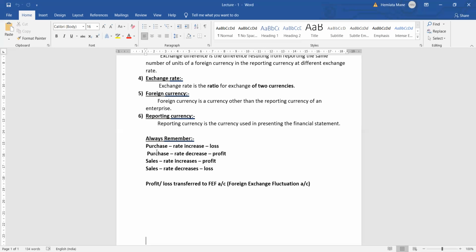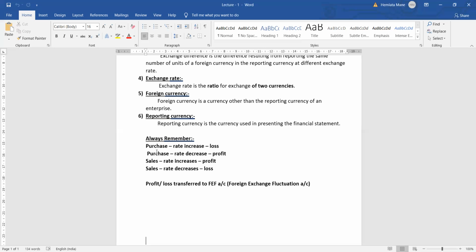Next, whatever profit or loss you earn is transferred to the FEF account. FEF account means what? Foreign exchange fluctuation account. Clear? Foreign exchange fluctuation account is a nominal account. So you need to